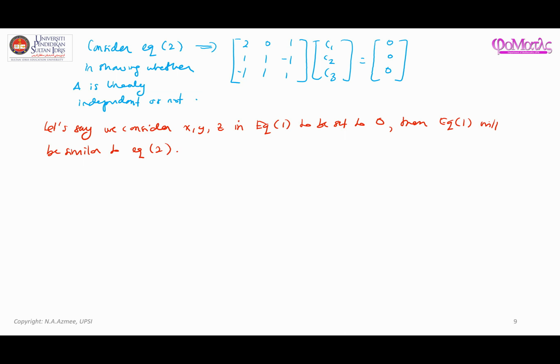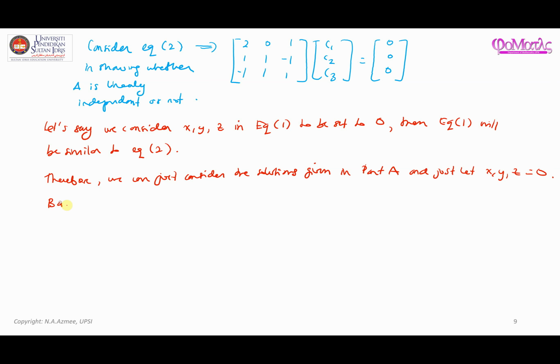And therefore, we can just consider the solutions given in part A, which is related to equation 1, and just let x, y, z equal to 0. Okay, so based on the solutions given,